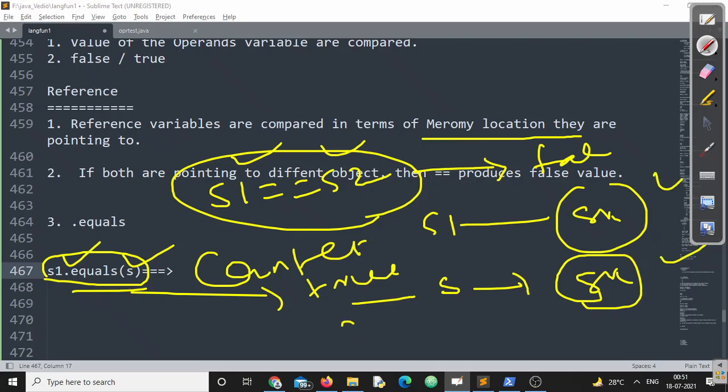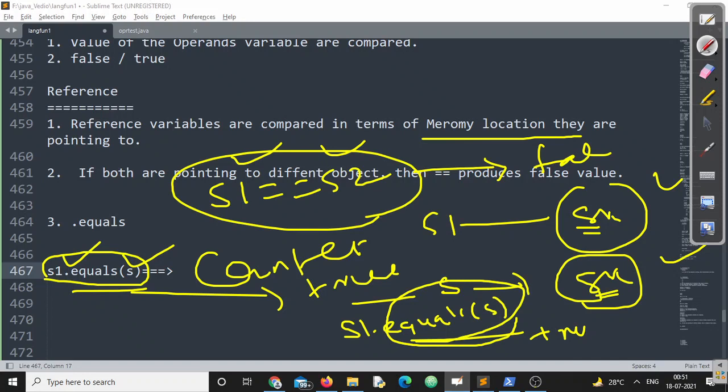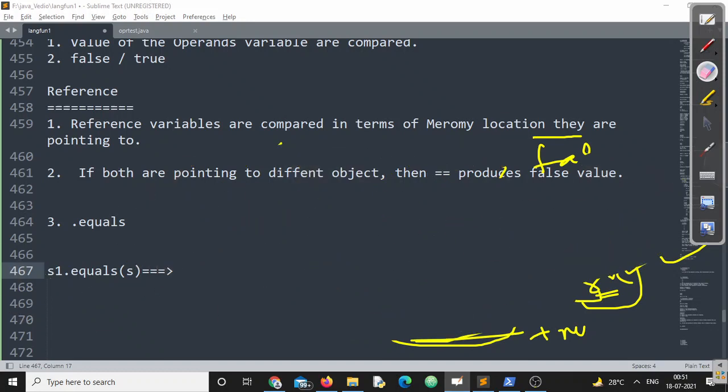Now, if I compare S1 dot equals within bracket S, I'll get a true value because S1 and S both contain the same value. So if I go for the equals method, I am going to compare the value present inside the object. If I am using only comparison for non-primitive, I am going to compare in terms of the memory location where they are stored or pointing to.